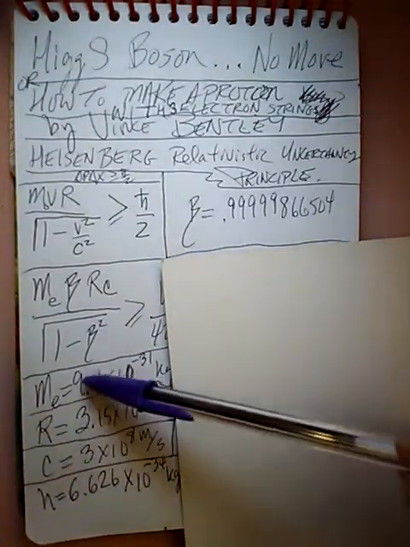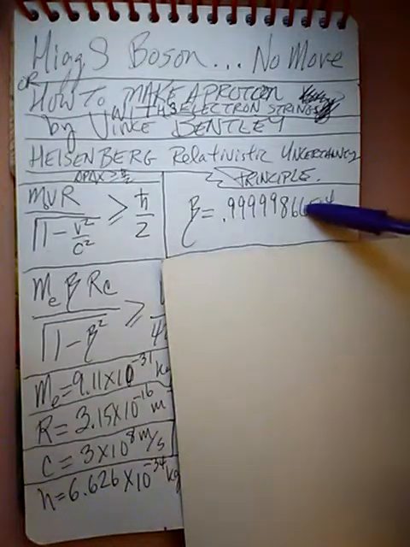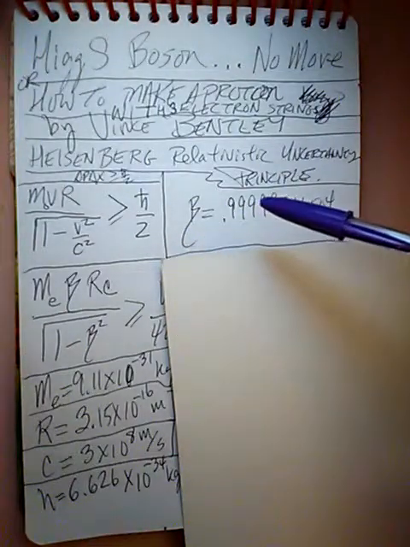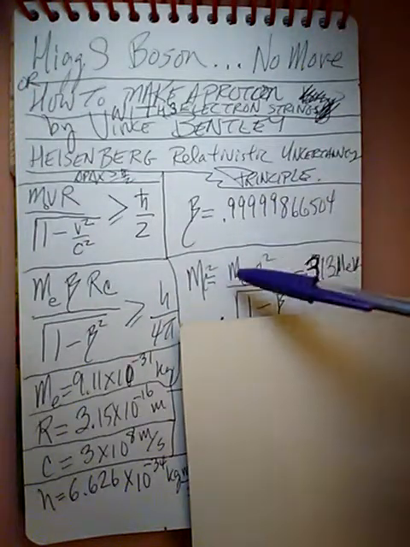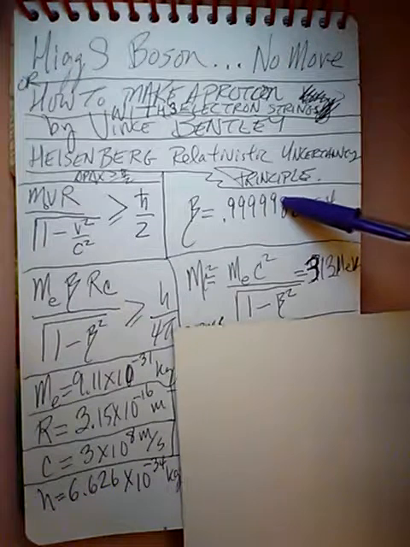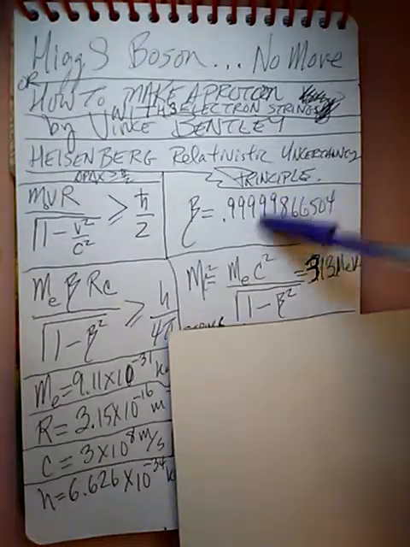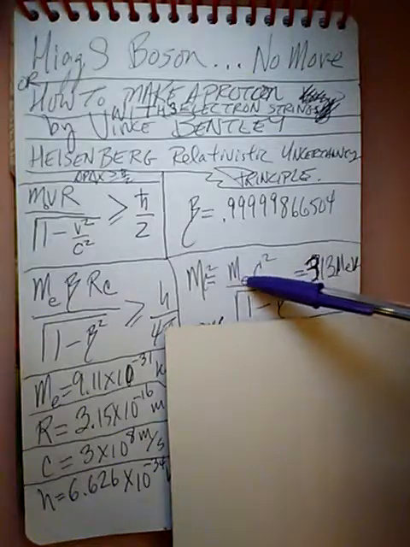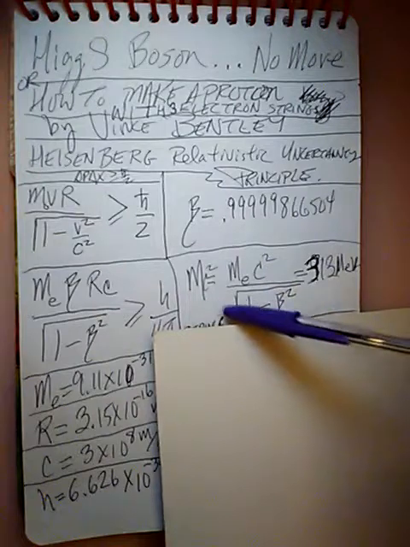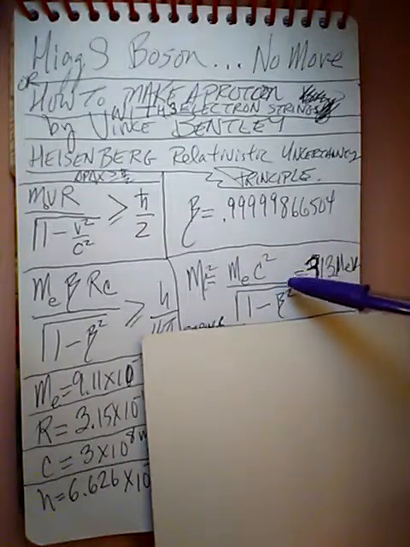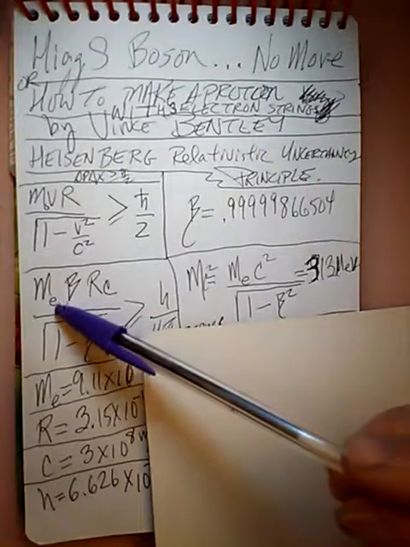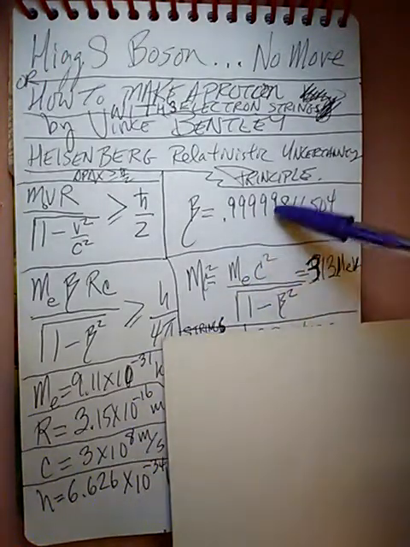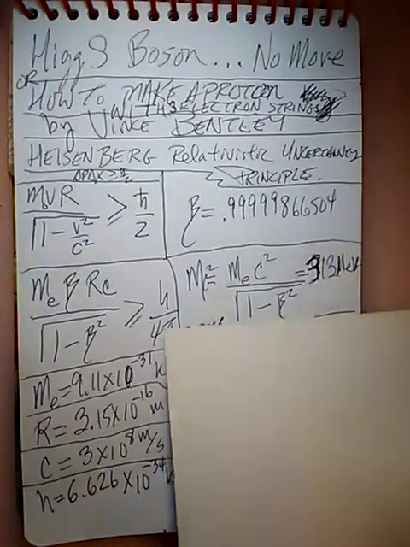If we used more accurate numbers for each of these things, we would still get very close to this beta, which of course is the velocity divided by the speed of light, which I've mentioned before. We're going to figure out if an electron had this beta, what would be its total energy. So here's our relativistic energy equation for total energy: the rest mass of the electron times c squared over the square root of 1 minus beta squared. And when you type all that in, the mass of the electron, the speed of light, 3 times 10 to the 8th, and you take this beta and plug it in here, you'll also have to divide by